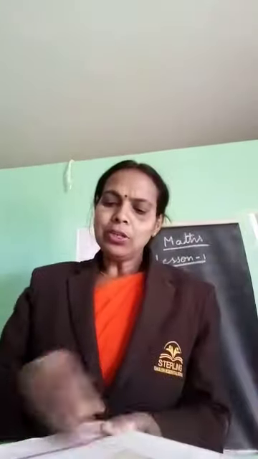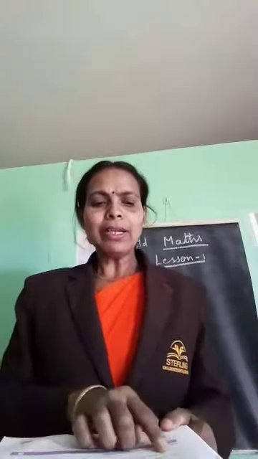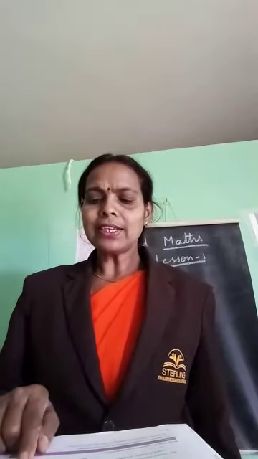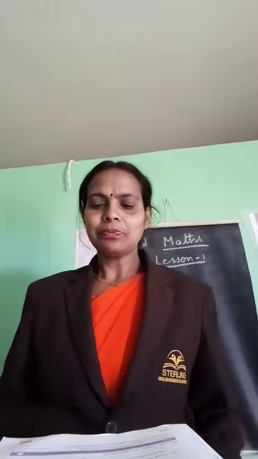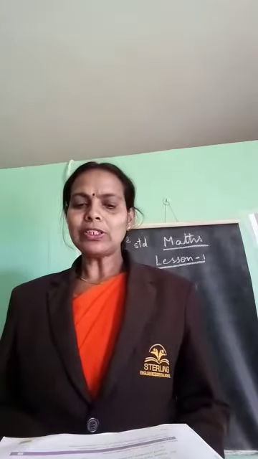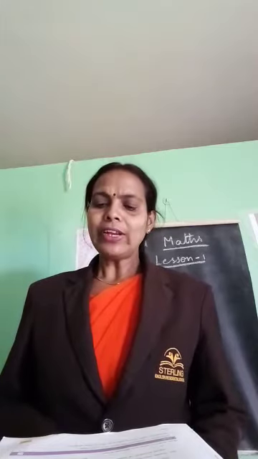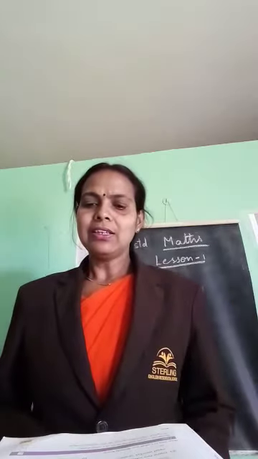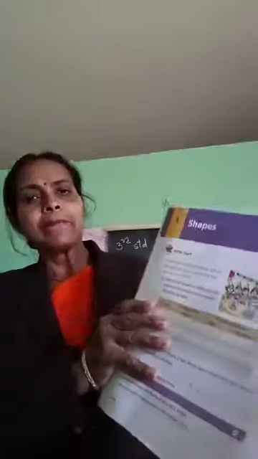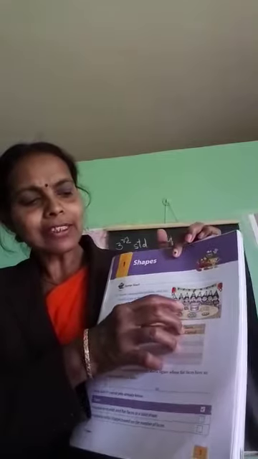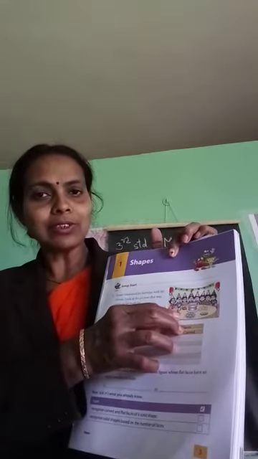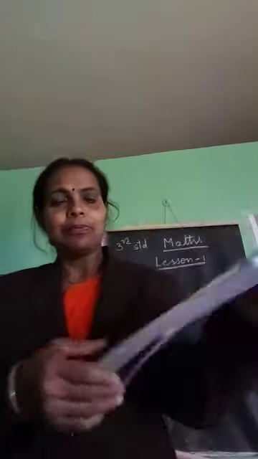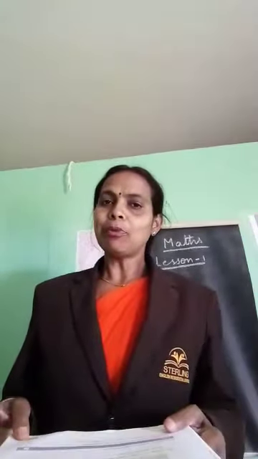Now come to the second question. B1. Name two solid shapes in the above figure whose flat faces have an equal number of sides. That is this one. This gift box and this gift box have an equal number of sides. Though they have different sizes, the sides are the same. 12, 12 is there because both are cuboid.